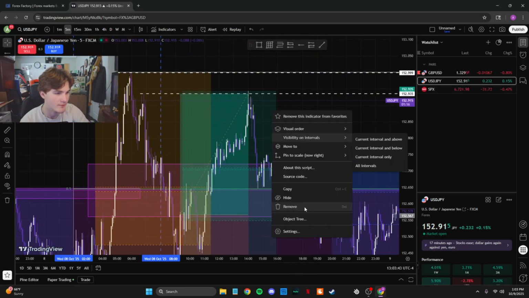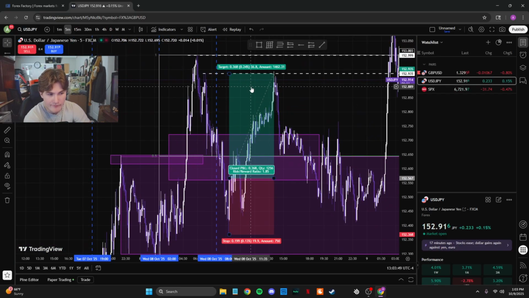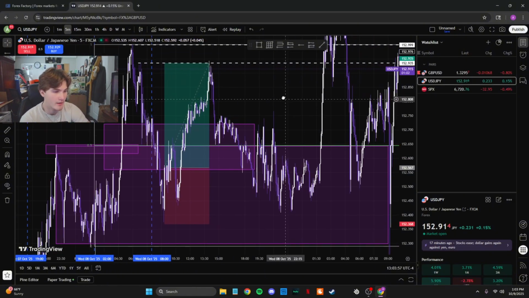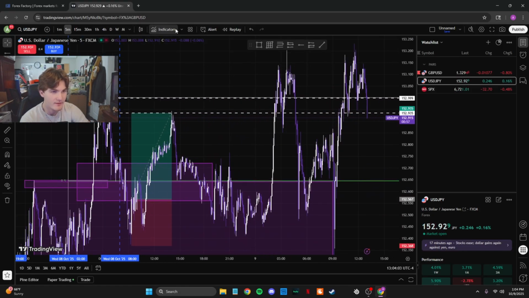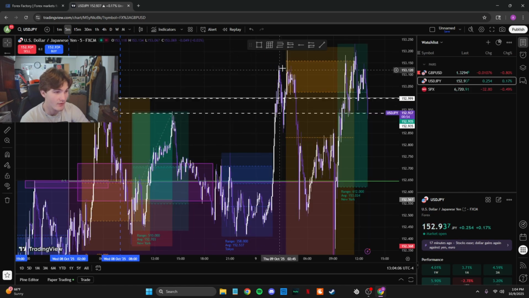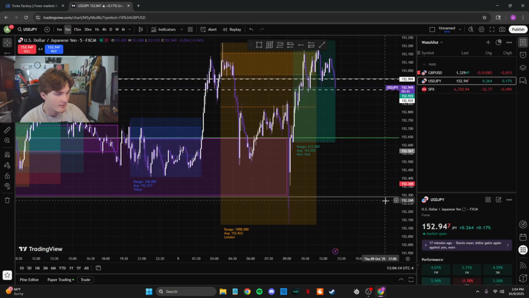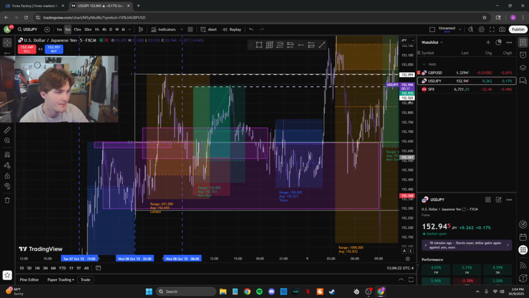So the sessions didn't get respected, so we'll get rid of those. You would have hit it right before news came out, right? That's not problematic. But if you didn't get stopped out or profited out, honestly, then you could have waited until Asia session. No, London session again. Don't know what the hell happened here either, which we could break down right quick. This is insane. Something must have happened for USD. Something must have happened for JPY.